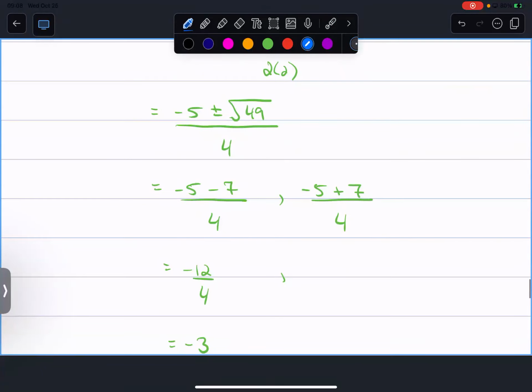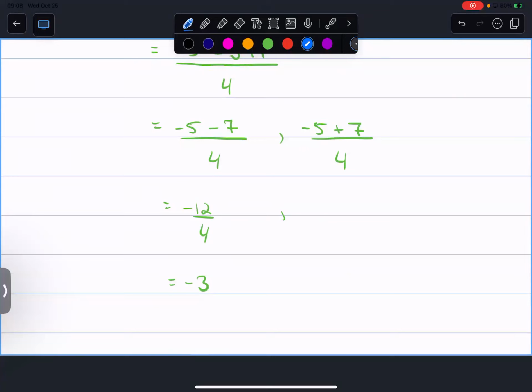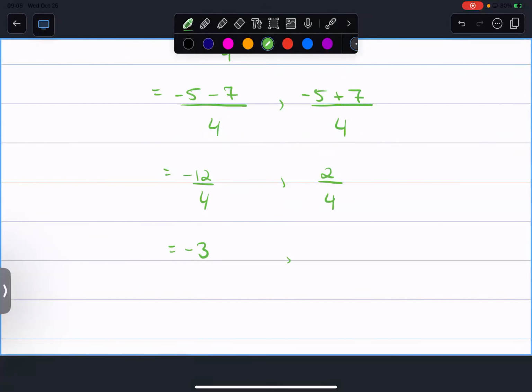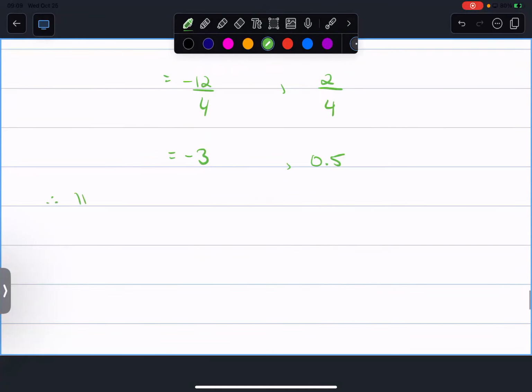Good. Little sneaky. -5 plus 7 is 2 divided by 4, which is usually 1/2, but I'll confirm. I'll do 0.5. So what that means is we have horizontal intercepts at